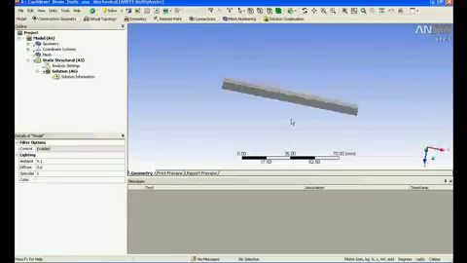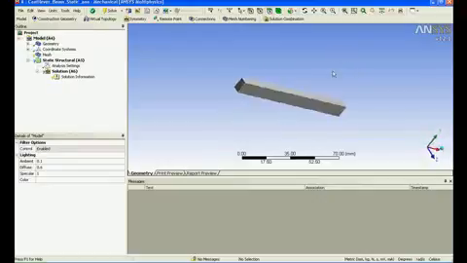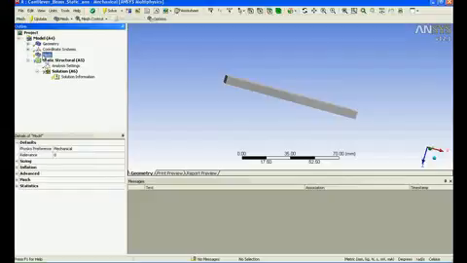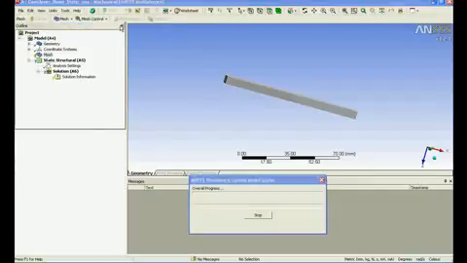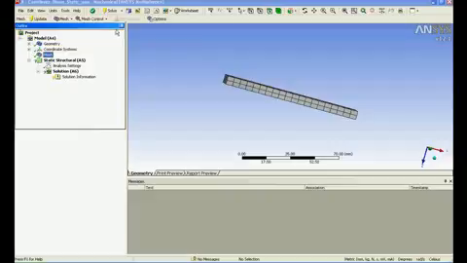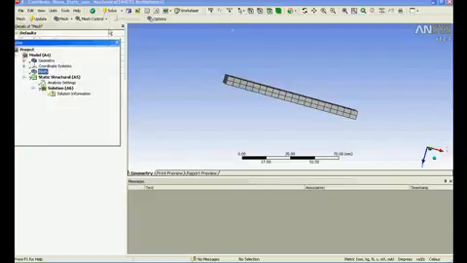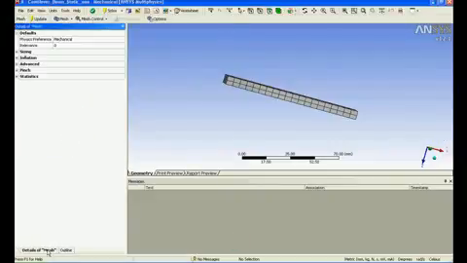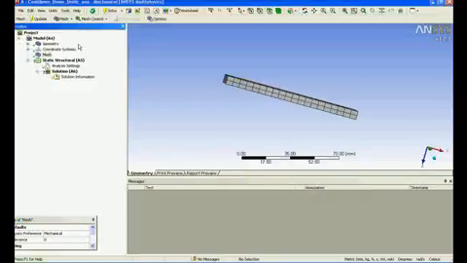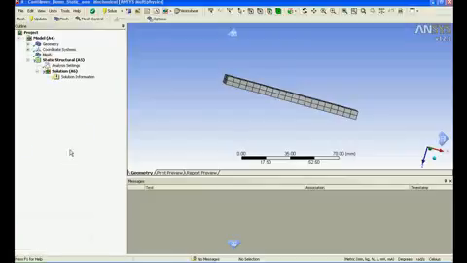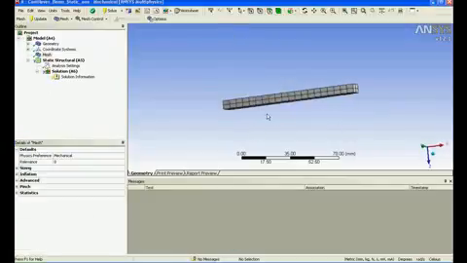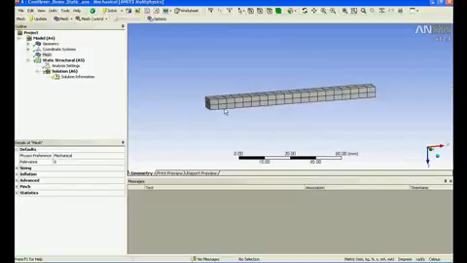Okay, now it has been developed. Now you could see the model has come into a pre-processing sector where we need to mesh it, and you can automatically mesh it. It's nothing big deal about it. Just click on mesh and say update. It will automatically update. Fine, it is automatically updated.